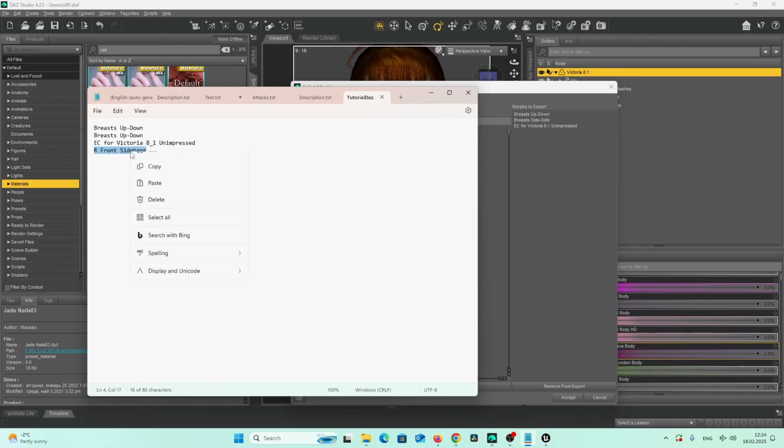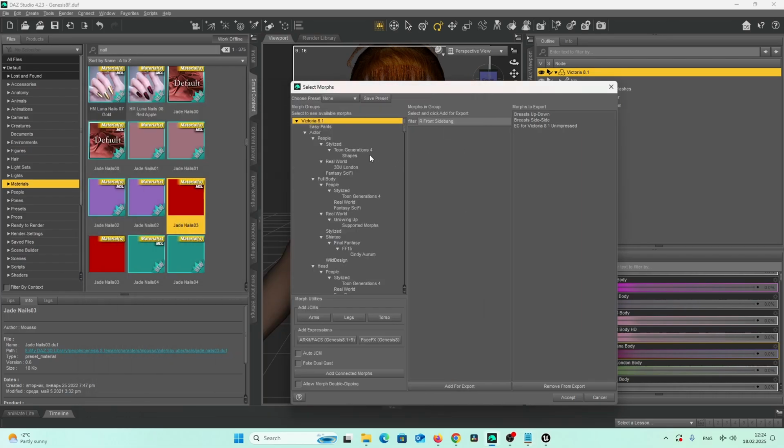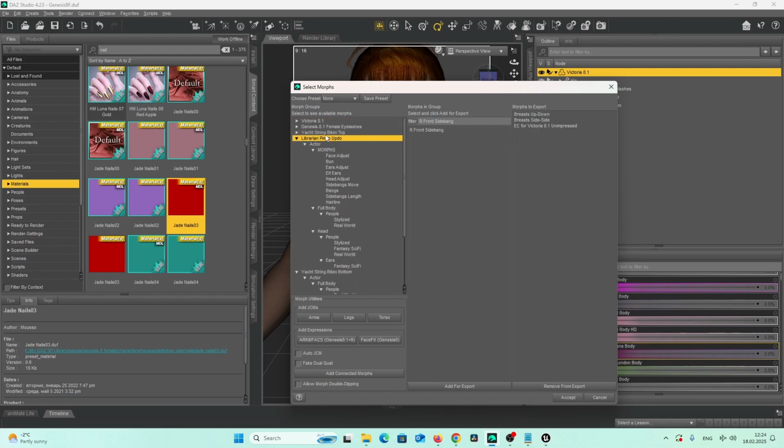And from this librarian updo, I select this morph, librarian pinup updo, and I select this morph R front sidebang, and I edit for export as well,